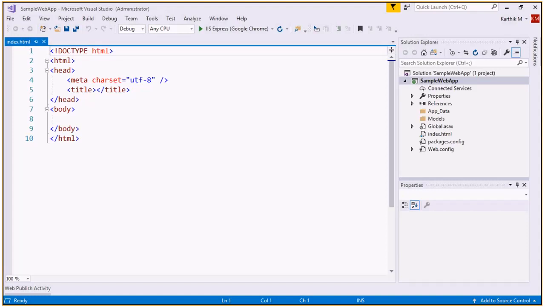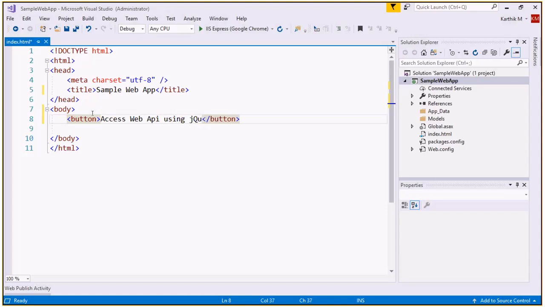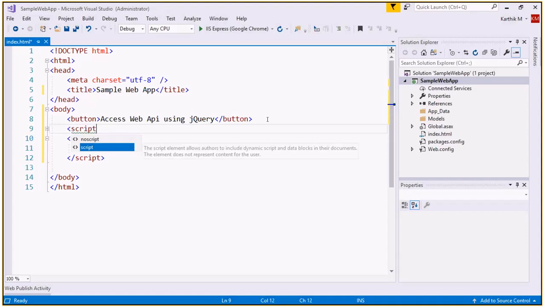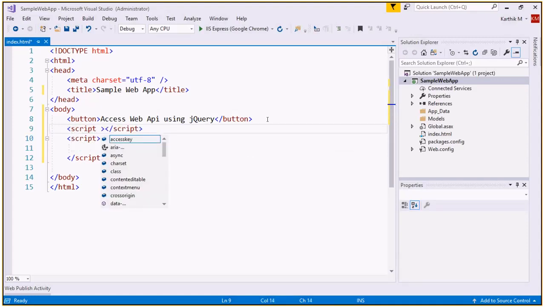Okay, so to do this, I'm going to write a simple code. The title, let me say this is a sample web app, and the body tag, let me have one button. So in this button, I'm saying accessing the web API using jQuery. And let me have a script tag. So in this script tag, we are going to write our script, and before that I want to refer the jQuery, right? So to refer the jQuery, src equal to,